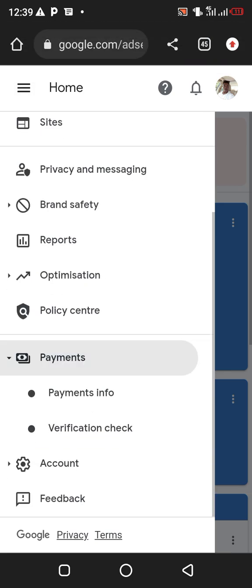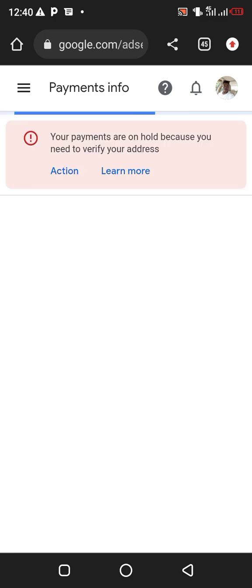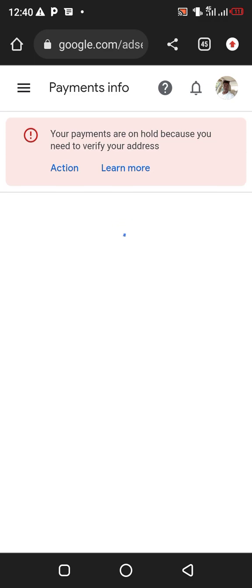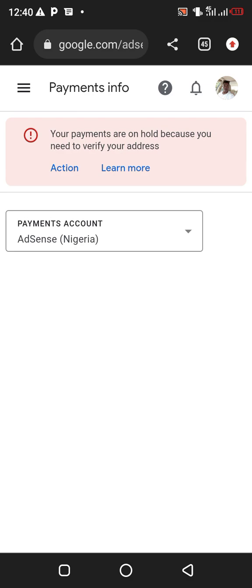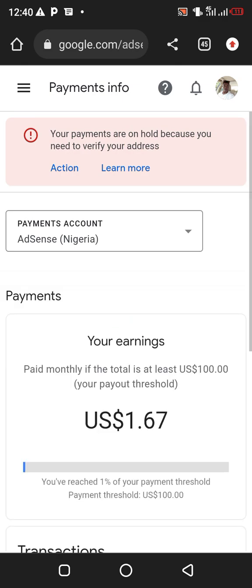When you click on it, you will see this place where they said payments. When you click on this payments info, are you getting me? It will take you to the place where you have to edit your payment. This one here says payment account AdSense Nigeria, but this one now is my website. We are not going to be editing this one. We will be editing my YouTube